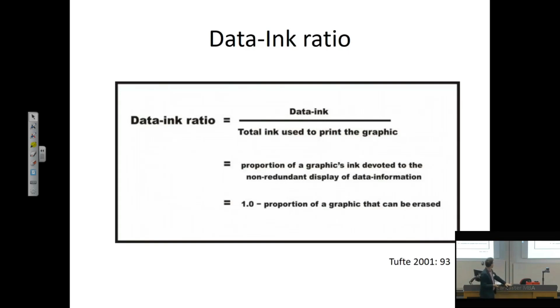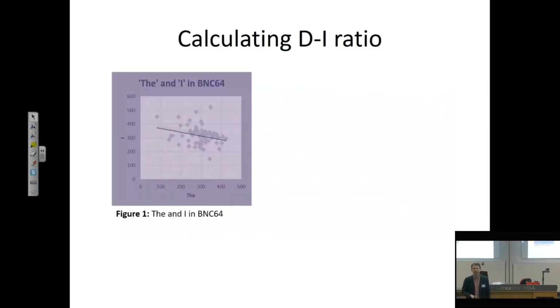The data-ink ratio obviously takes the ink, and this is the metaphor when you print something, right? You'll print your graph, and you use some ink to show the points in the graph. So the data-ink over the total ink used to print the graphic. So imagine this graph, and it is very easy to produce one in Microsoft Excel, right? A graph like this one. Well, you would probably agree that in terms of data visualization, this is not the most efficient graph, and it uses a lot of ink in your printer.